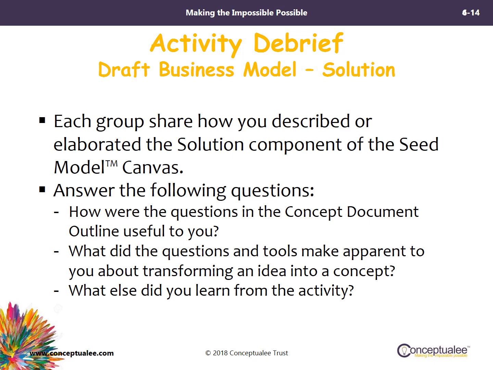Now, also with this, the problem, solutions, and stakeholders are the three anchors for developing the rest of the seed model canvas. So once you really get a good fix on those three things, the other stuff starts figuring itself out, and opportunities and people and partners and resources can start aligning. But again, it also depends on the maturity of the business model. Now, the facilitator will take any additional questions that you have. And then we'll put me on pause, and then we'll continue with this module.